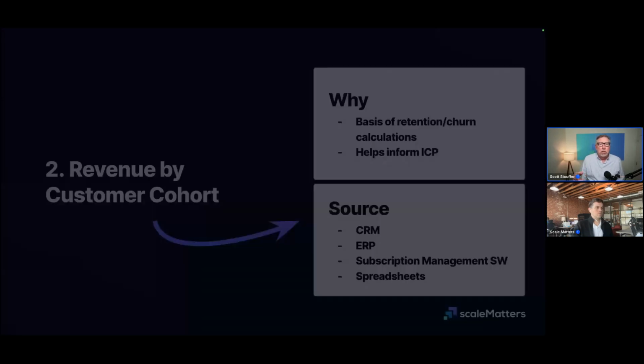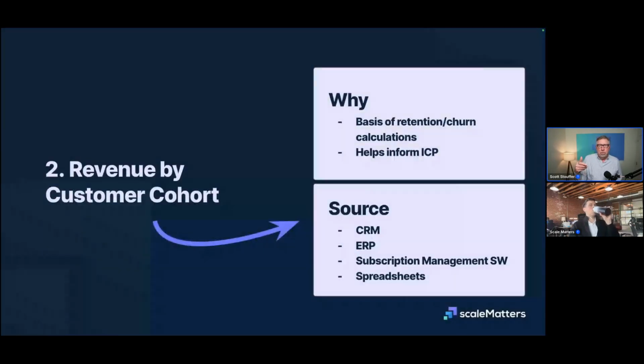The extent to which you build one of these models that allows slicing by various customer profile attributes, it also helps you validate your ICP. So from a diligence perspective, this is the tool investors will look at to help vet your assumption of what the go-forward net retention will be. The data for this asset can come from the CRM